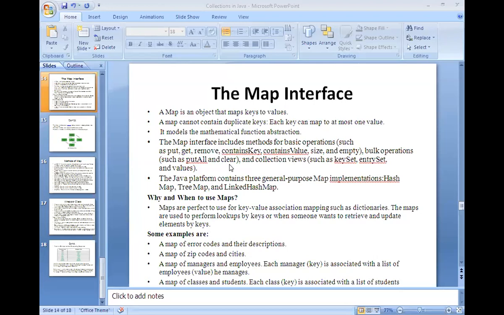So the map can be implemented by using three different classes: HashMap, TreeMap, and LinkedHashMap. These three we will see with examples also. As we discussed in the last class, depending upon your requirement, you can choose any one of the implementation mechanisms.